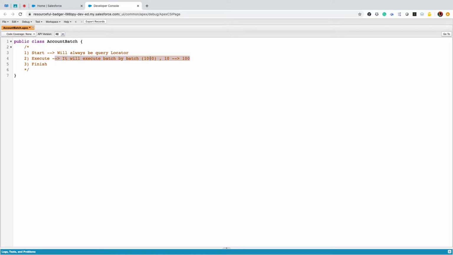Instead of processing 1,000 records at once, you can process them chunk by chunk. If I mention 100 as the batch size, then batches will be 10, so the execute method will execute 10 times. Total number of records divided by the batch size gives the number of execute runs.